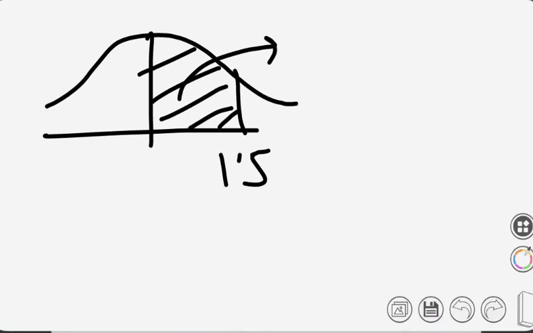Quickly check. 0.4332. Just checking, what is the value given? 0.4332. Yes, then what you have to find out is z